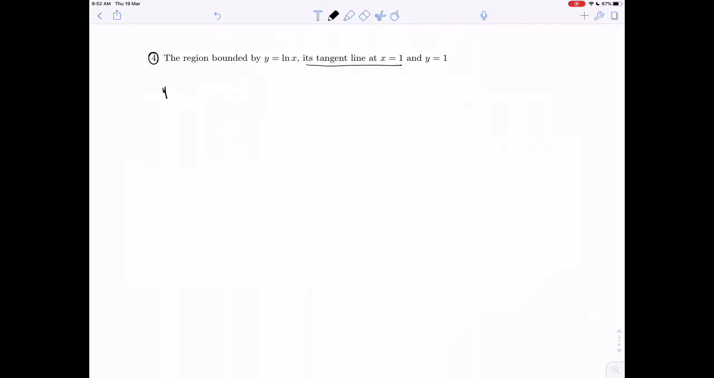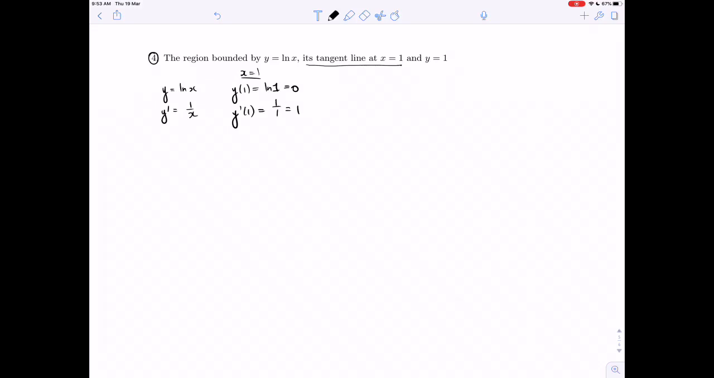So if we know that y is ln x, then the derivative is 1 over x, and if we look at x equals 1, we can evaluate both of these things. So y of 1 is ln of 1, which is 0, and y prime of 1 is 1 over 1,